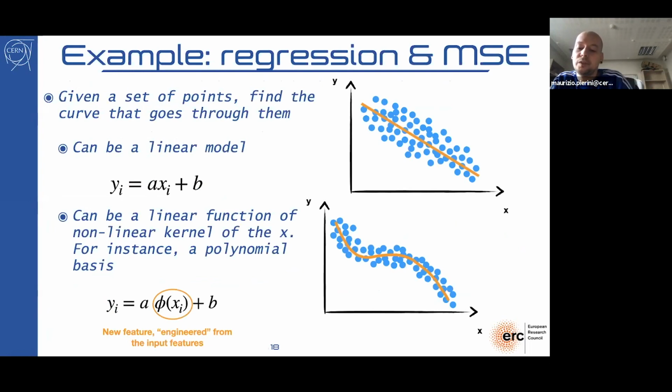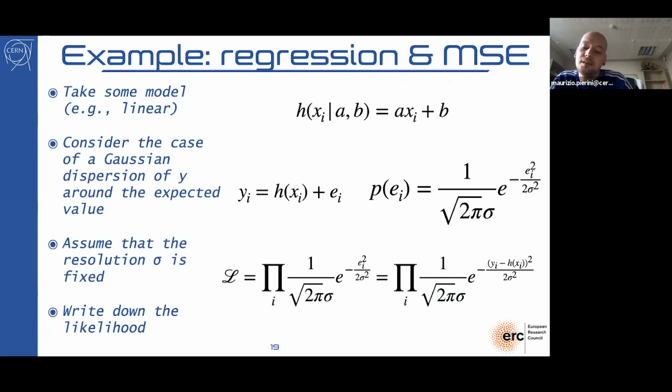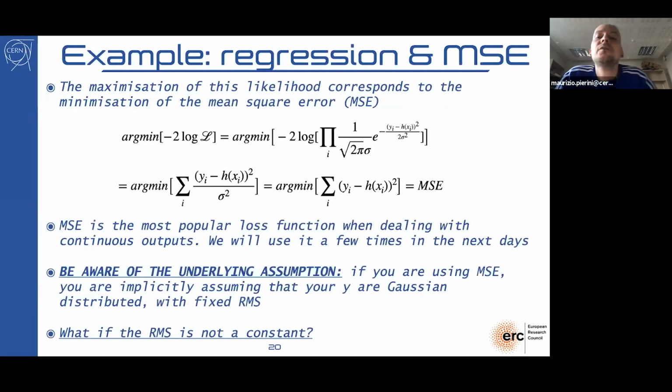So if the dispersion around the model is constant, then minimizing this kind of likelihood is the equivalent of minimizing the sum over your data set of the true value minus the predicted value squared,